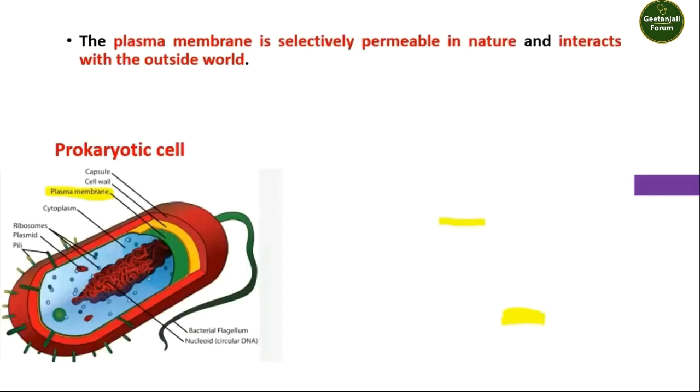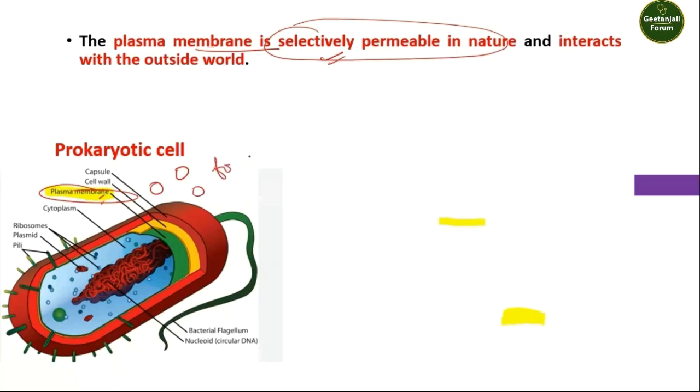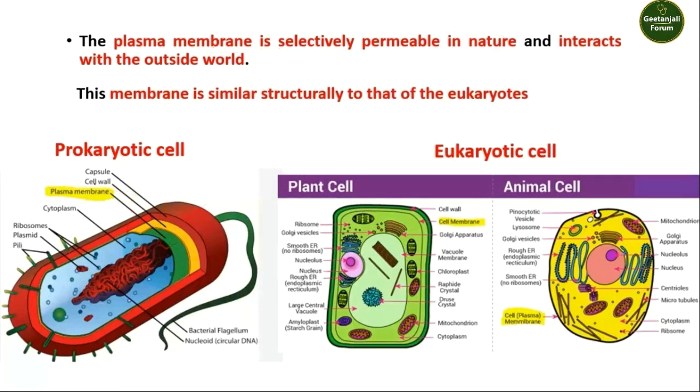Then plasma membrane is the innermost layer of the cell envelope. This plasma membrane is selectively permeable in nature. Selectively permeable means whatever molecules are present outside of the cell, whether it is a nutrient or a food molecule, what can go inside the bacteria is decided by this plasma membrane. The molecule suitable for the bacteria or the cell will be allowed by this membrane, and the molecules harmful for the bacteria will not be allowed by the plasma membrane.